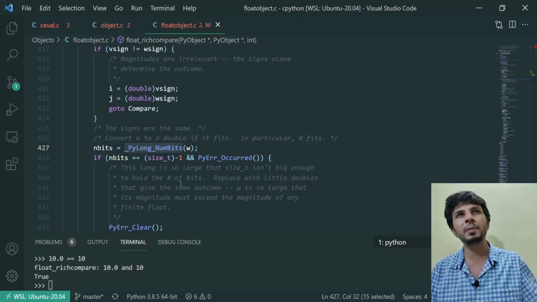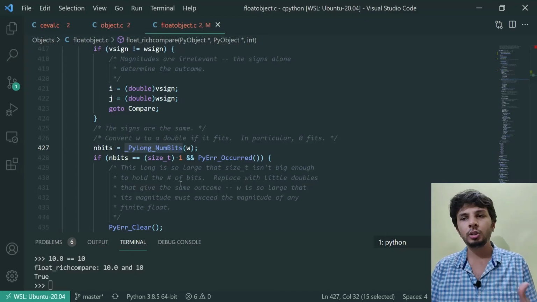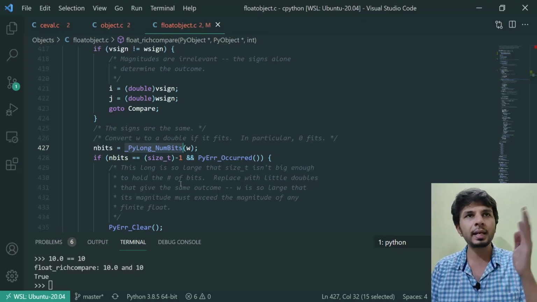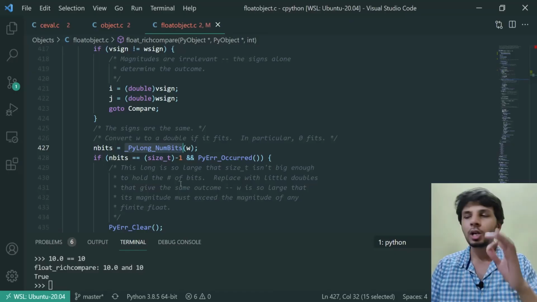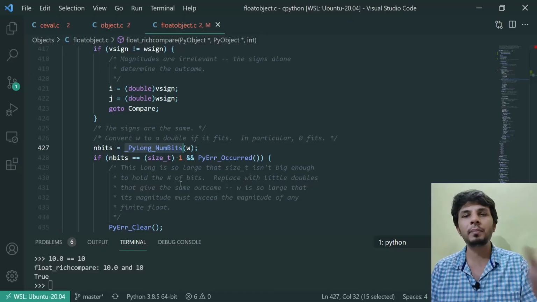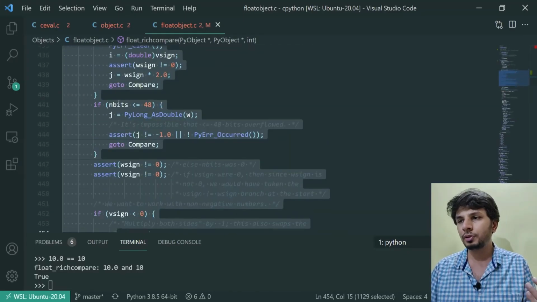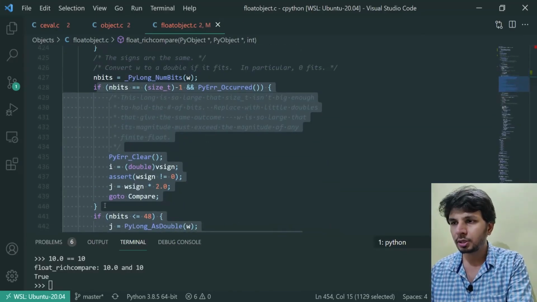For example, if I'm given a number 3, the number of bits required to represent 3 is 2, right? So it will be like 1 1. So this would spit out the number of bits required. So here is a condition check.